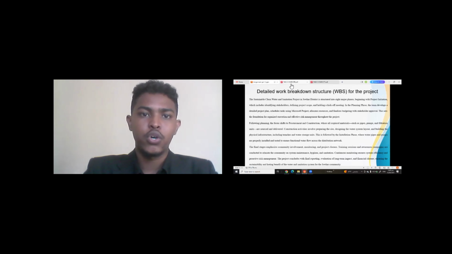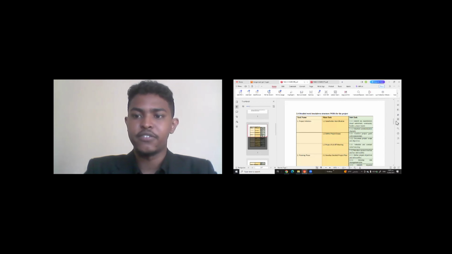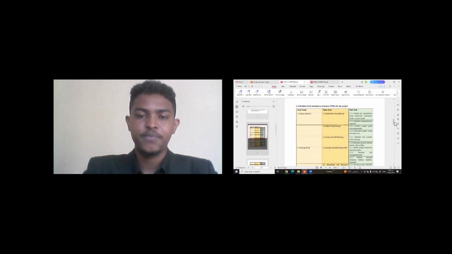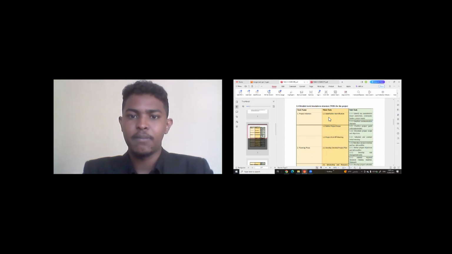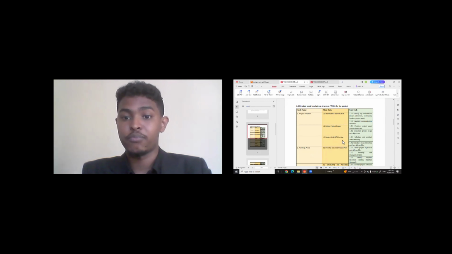So if we go to this PDF, what we can see here is our detailed work breakdown structure. As you can see here, this is the project initiation, this is the task name, and these are the main tasks which we will do. We divided it into 3 main tasks, which are stakeholder identification, define project scope, and project kick-off meeting.